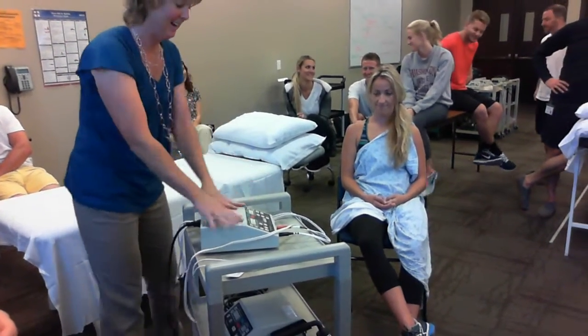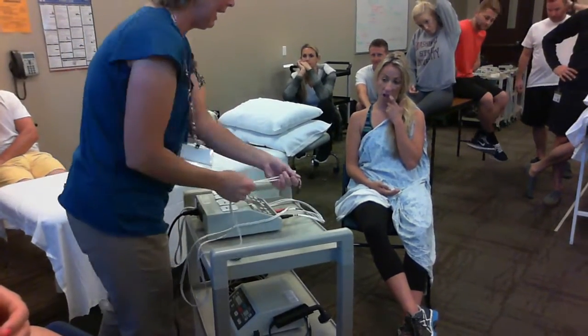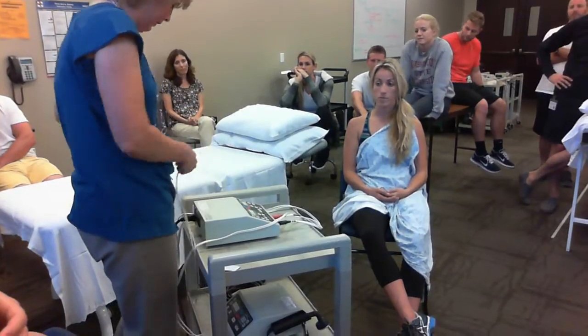Okay, so I have my 2 channels set up, and I have these electrodes, and I like to get the electrodes set up first. Some people like to put the electrodes on the patient first, but it's easier for me to put them all in here and use my body to